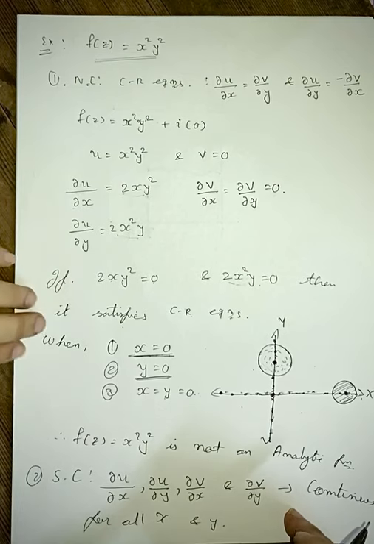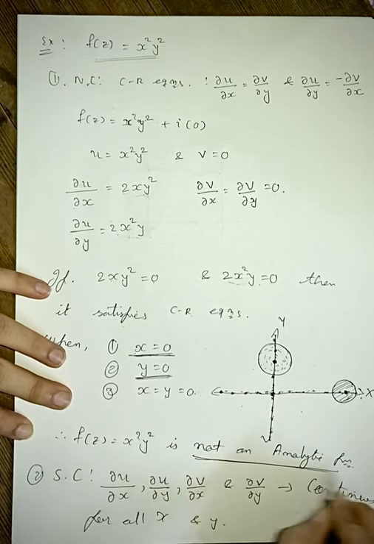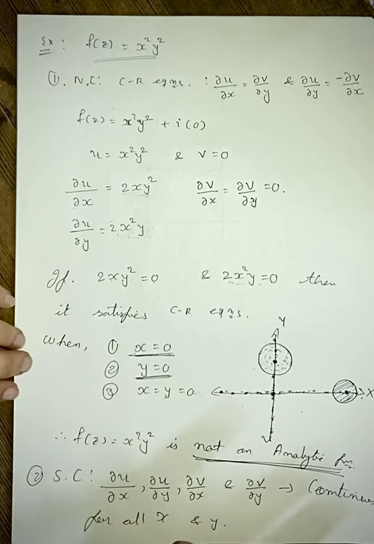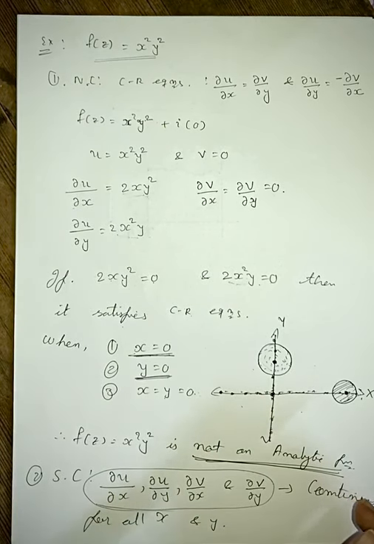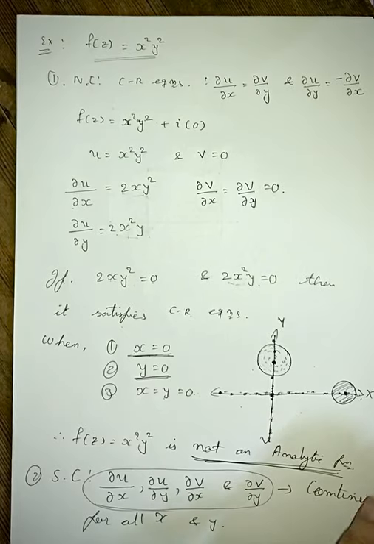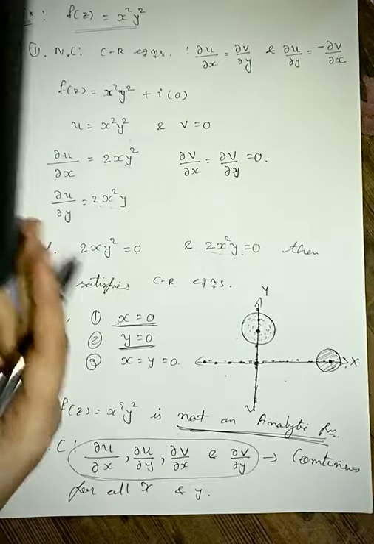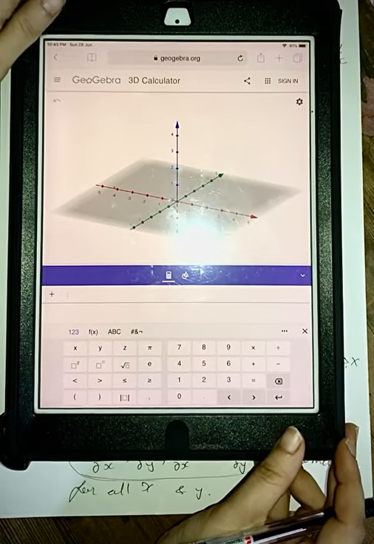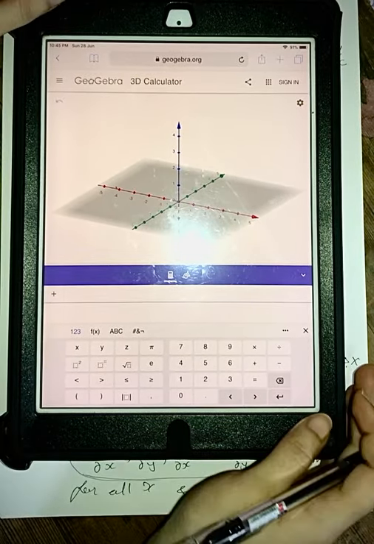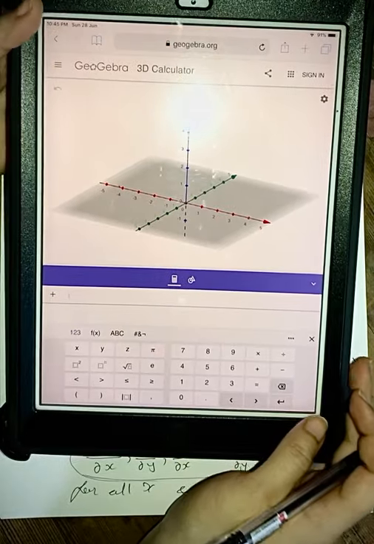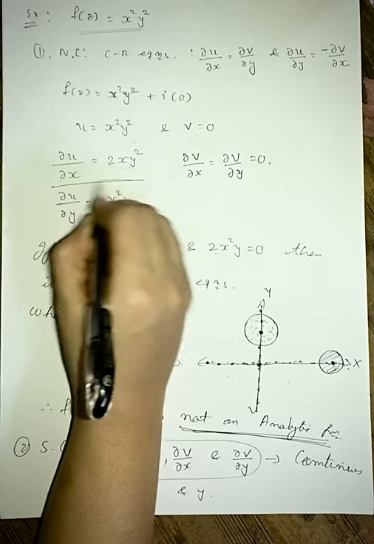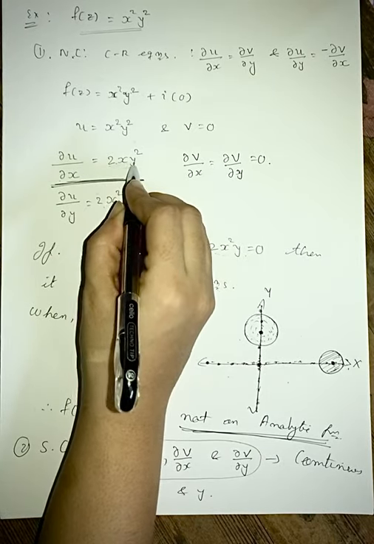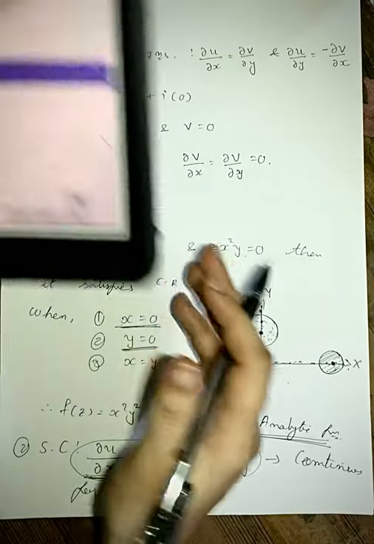Now in order to visualize this, we have already come to the conclusion that it is not an analytic function. This is just for extra knowledge, for better understanding, that we are going to visualize this particular condition for this example. So here I am going to use these online graphs. They will be available for you also; you can check it online. Now here I want to check del u by del x. So del u by del x is this thing, 2xy square. Let us see whether it is continuous or not.